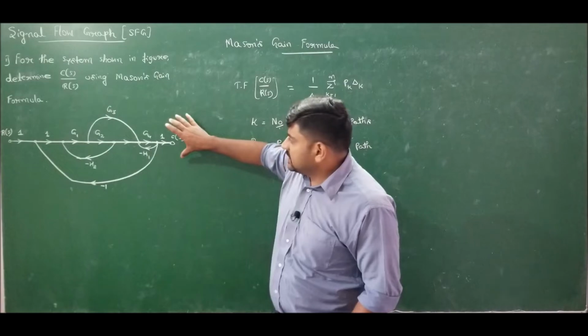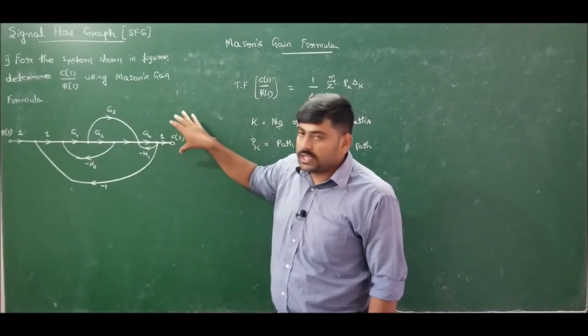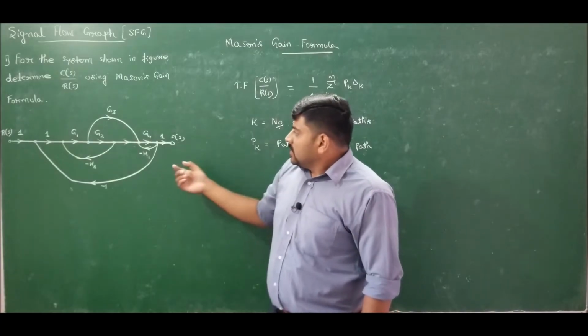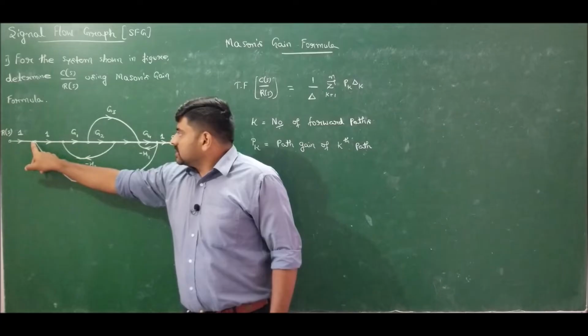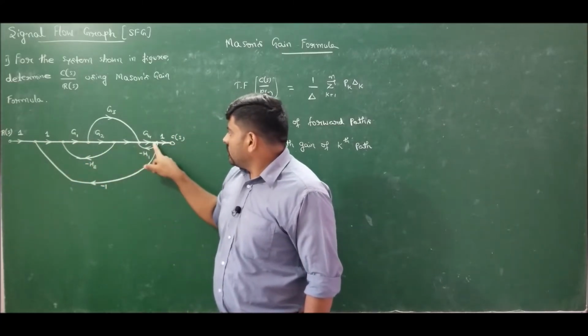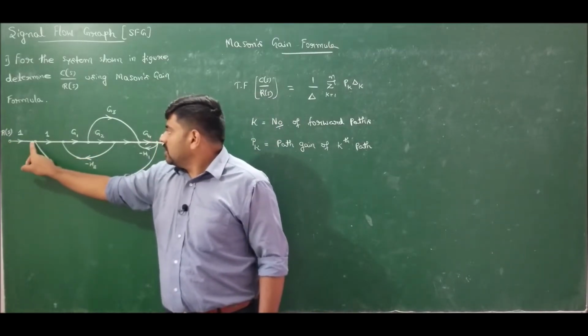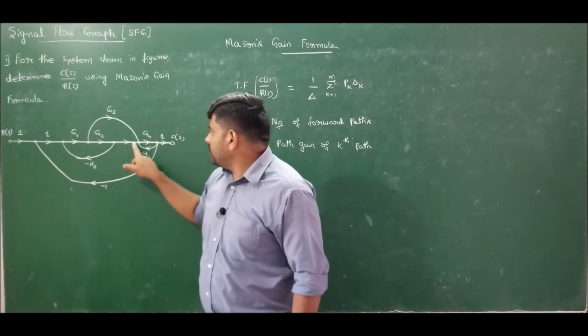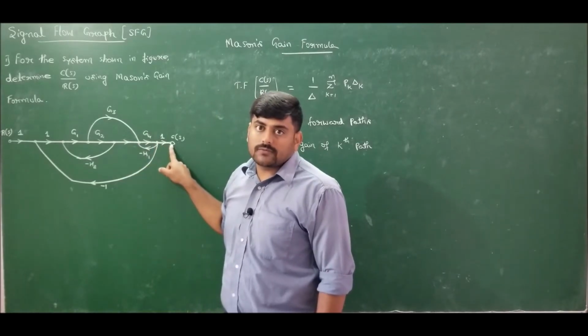If I consider this signal flow graph which is given for our problem number 1, which I will be solving in today's lecture itself, between the nodes, so these are called nodes, which are indicated by dots or small circles, which I noted down here. So how many nodes are there? 1, 2, 3, 4, 5, 6, 7, 8. Totally there are 8 nodes in this signal flow graph.